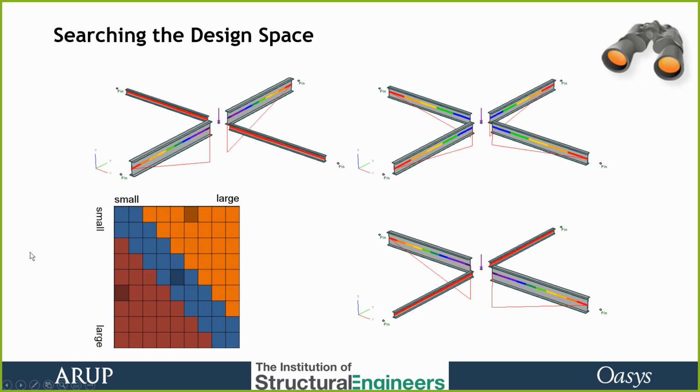Now, with this answer relatively simple, and if we are using British Universal Beams, for those outside the UK, other sections are available. So there are approximately 100 universal beams in the British catalogue. So with 2 dimensions, 100 times 100, there are approximately 10,000 possible solutions in the design space, even for a simple case like this. Now, this was my original initial estimate of what the design space tributary areas would look like,